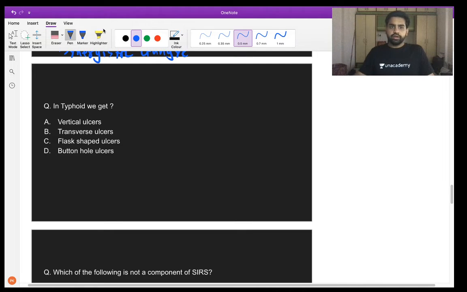So this is basically the difference between the typhoid ulcer and a tubercular ulcer. In typhoid, what do we get? We get a vertical ulcer. But this transverse ulcer is more commonly present in tuberculosis. Please understand this. And what is the most common site of a typhoid ulcer or a tuberculosis ulcer? Both involve the